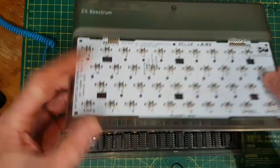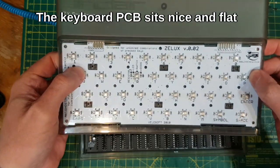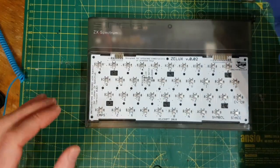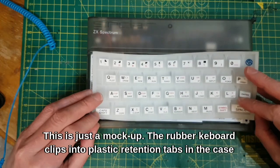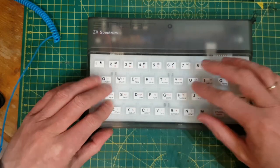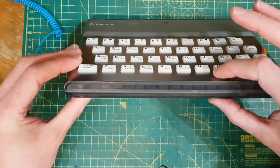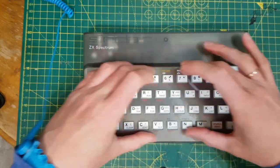That seems flat. One thing I can't work out, we've got a bit of a curve here. But the actual keyboard seems flat, so that would sit like that. Then we'd have that. Sort of knocking it up, and then that would stick over the top. That's what it's going to look like. I'm just a bit worried about that bent in like that,